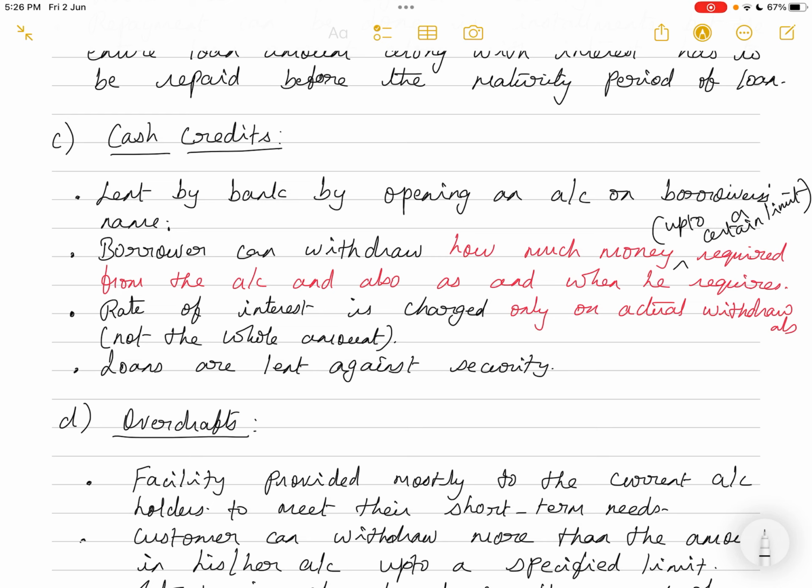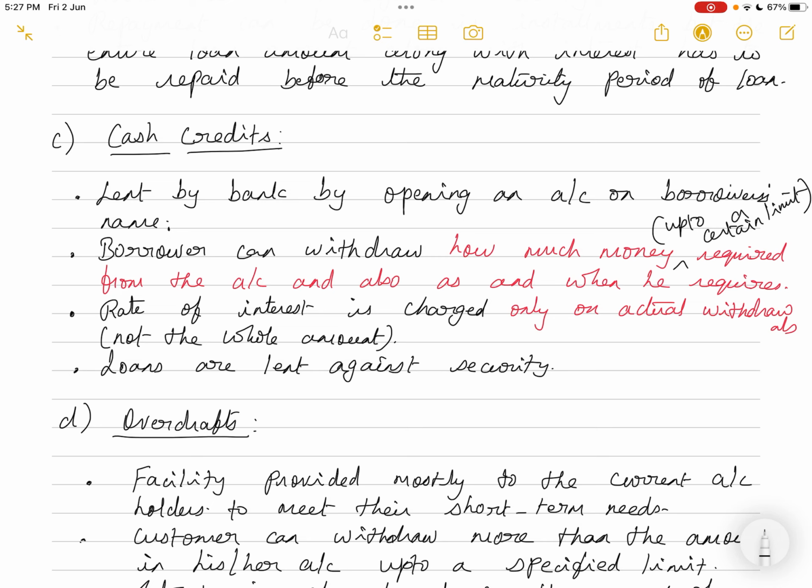So the customer approaches the bank for the maximum loan, and the bank sanctions it in the form of cash credit, and that money is deposited in the customer's account. The customer might not need the entire amount in one shot. Initially he might need only 5% of it. Later on another 2% is withdrawn, and after a couple of months another 2%. Like that, however much money the customer needs at a particular point of time, he can keep on withdrawing in the form of installments.